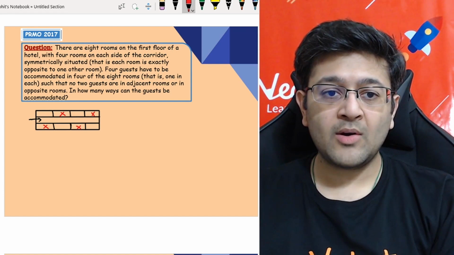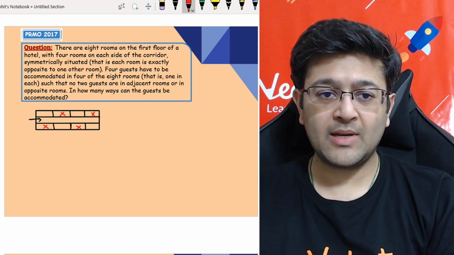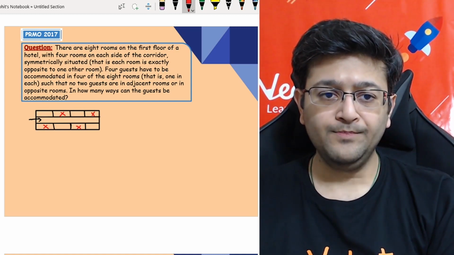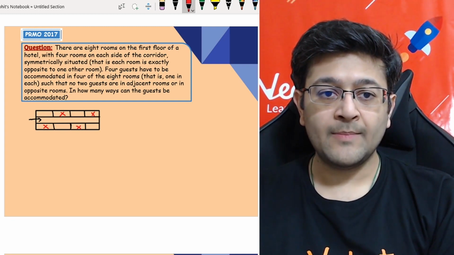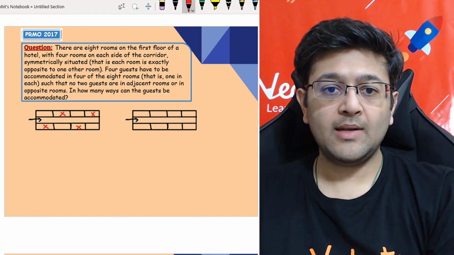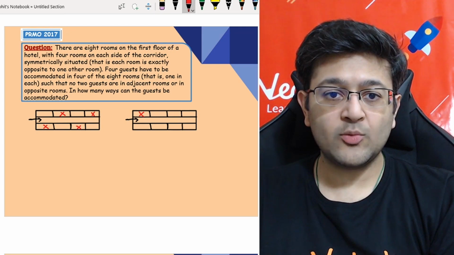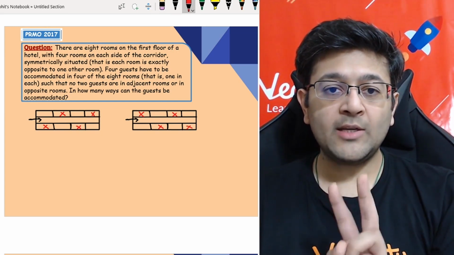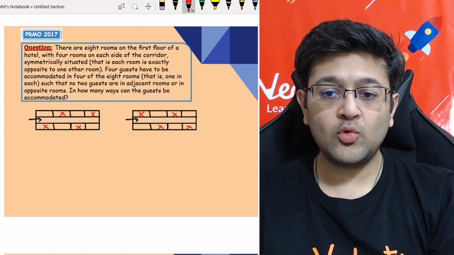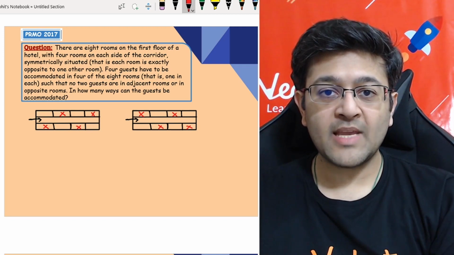Because on each side I have to place 2 also, right? On each side 2 have to be placed. So if I place one here, in this line it will come only here, and accordingly on the opposite side. So this is one of the arrangements, as you can see. Similarly, let's say I place one adjacent to one of them, like I would have placed here, then these 2 places I cannot place, then one could be here, then again these 2 cannot be placed here and here, right? So as you can see, there are only 2 cases, 2 arrangements, in which different rooms can be selected.